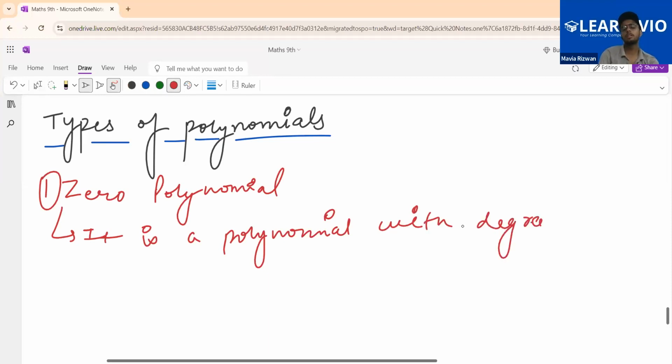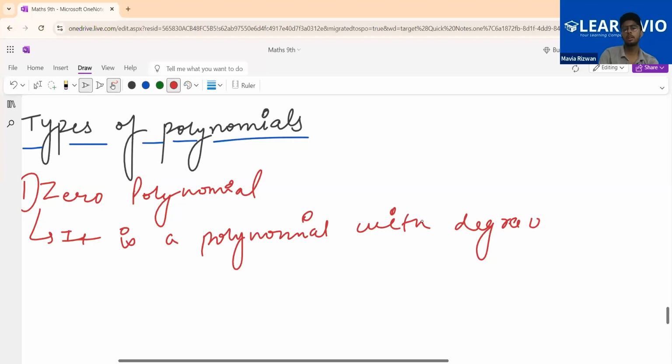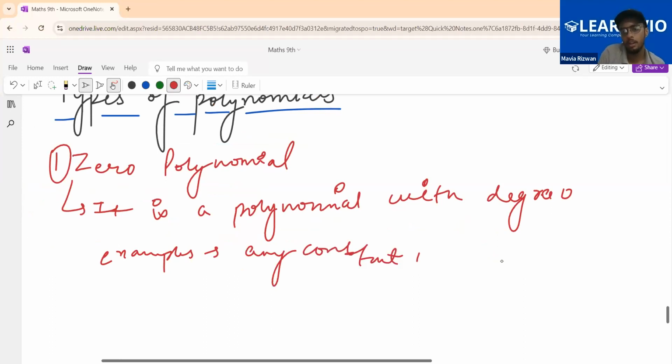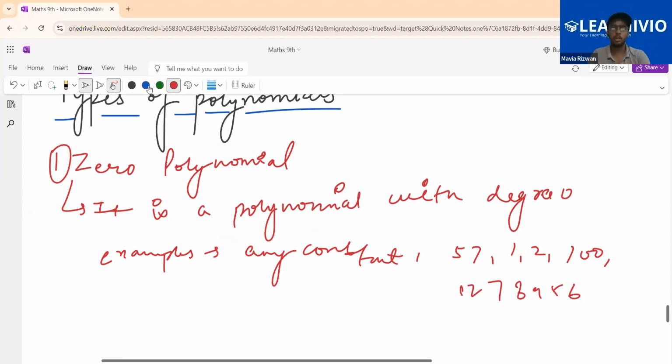Right, Safia? I just gave you examples. Any constant. Okay. So you can write 57, 1, 2, 100, even a big number 1, 2, 7, 8, 9, 5, 6, anything. Okay. So this is a zero polynomial. Understood? Okay. Now the next one which we have is